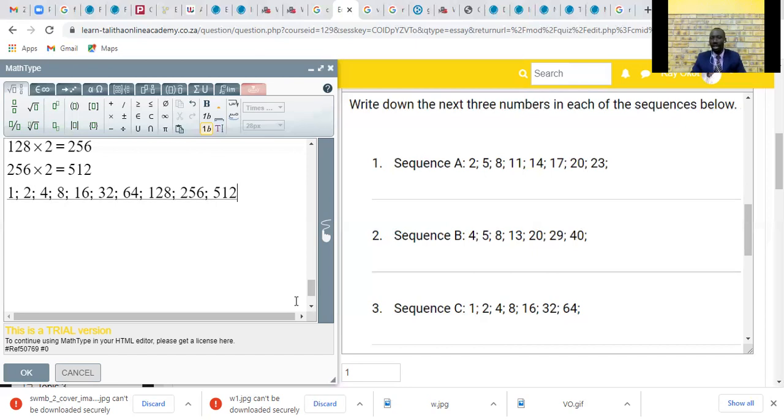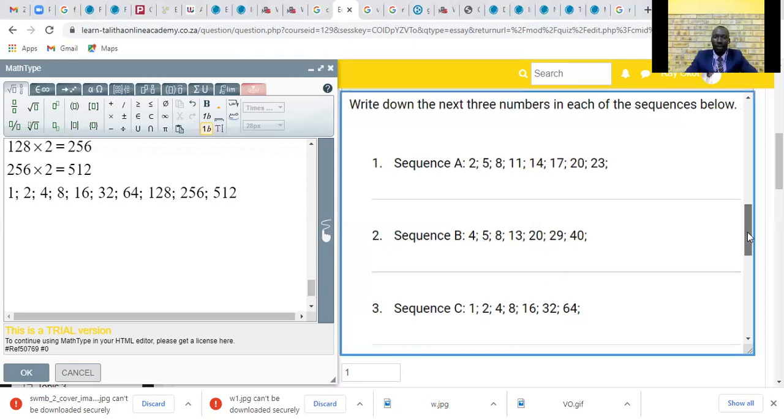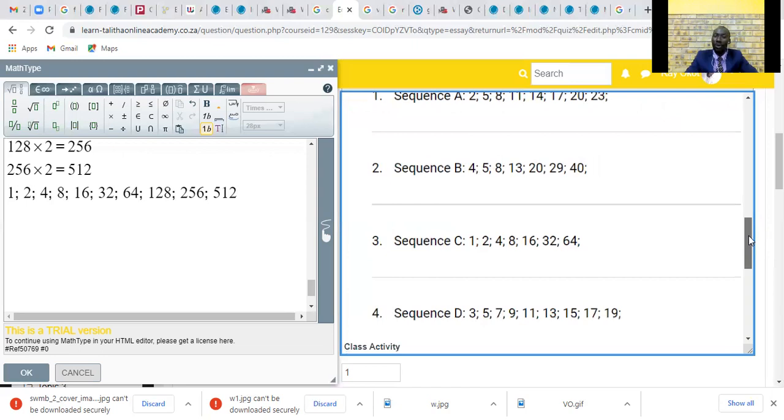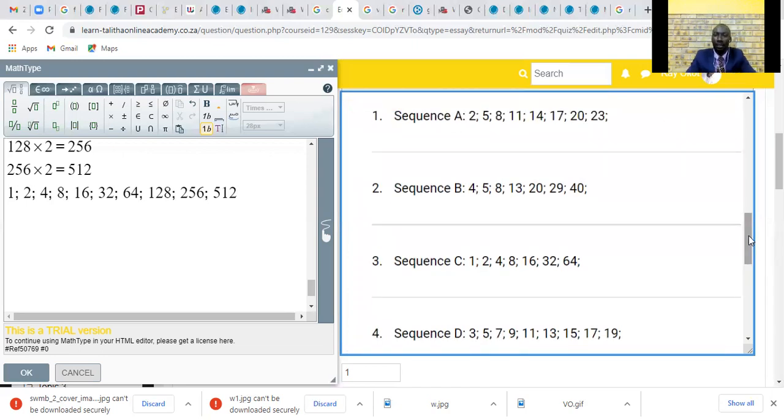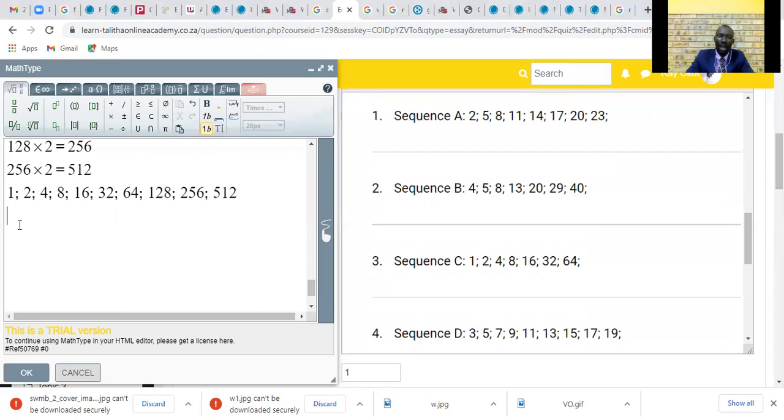Either there is doubling, or a number is first added, then a constant number now comes in, like the way we have seen in sequence A, sequence B, now sequence C. Now the next one is going to be sequence D, beyond which you will have a class activity. So now for sequence D, we have